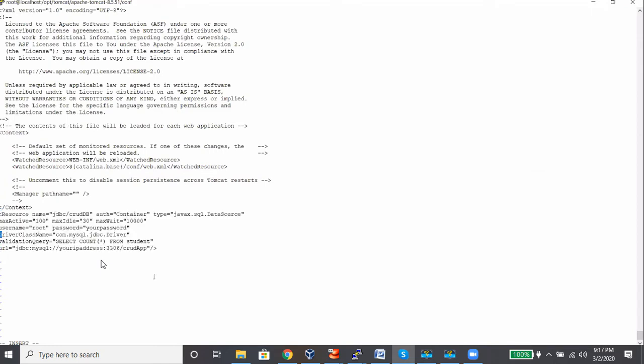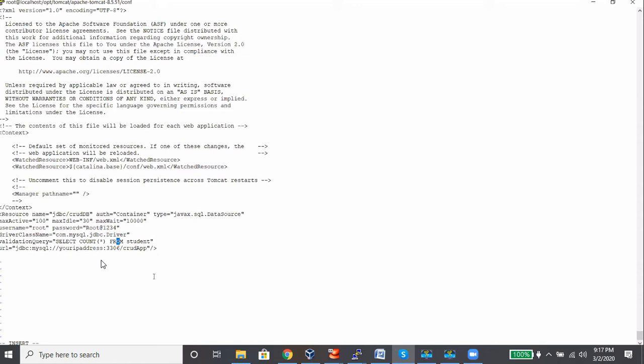What are the changes we need to do? The resource name is the same, everything else is the same. In Tomcat, you are giving the JDBC details. So what is the username? What is the password? I gave root, 1234.